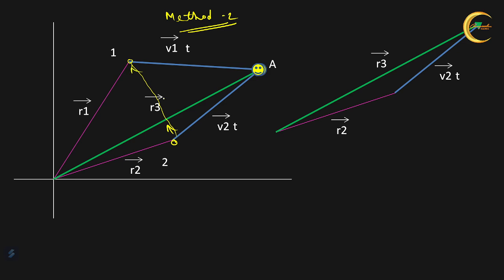Okay. So what happens? These location vectors, the radius vectors r1 and r2, these two vectors also